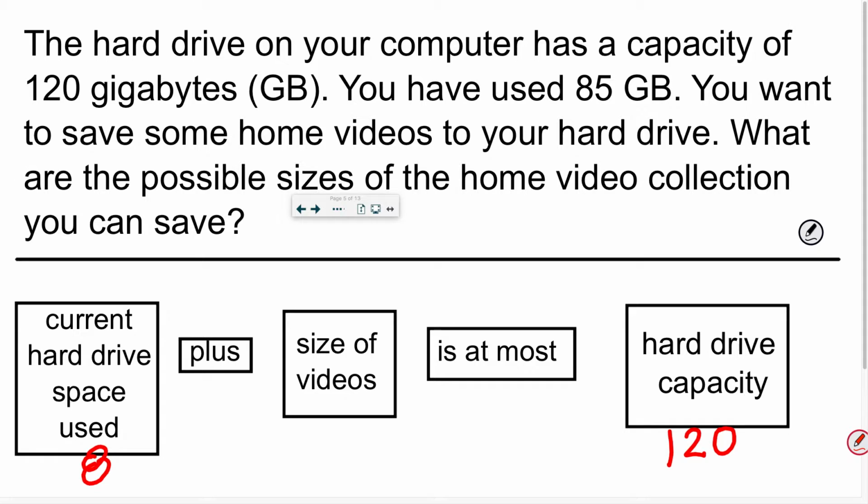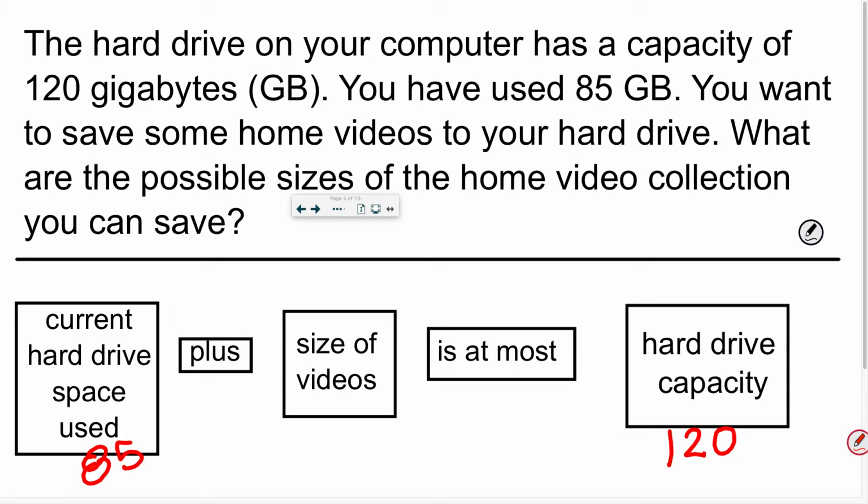And think about, as you're thinking about the numbers that we know, why did we set it up this way? Look at that scenario, just like the boxes where we're starting to create our inequality. The current hard drive space used, that 85, plus the size of our videos, whatever it is, needs to be at the most 120 gigabytes. We're translating a statement to a mathematical inequality. That's a skill that we will continue to drive home, because that's the hardest part about applying math